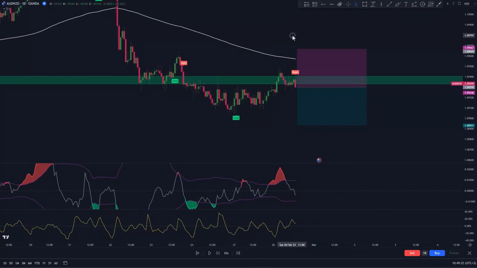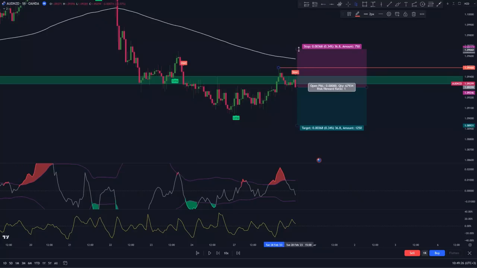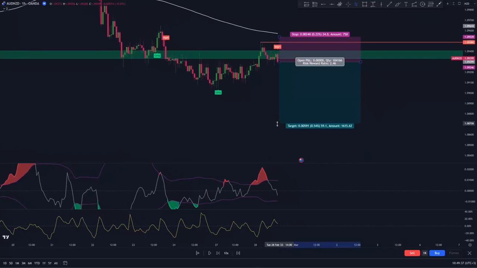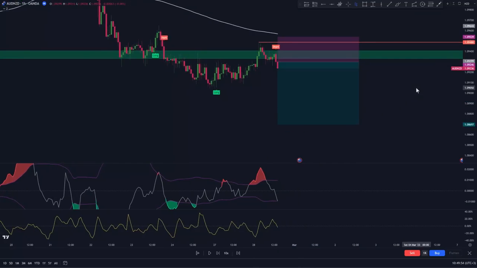trade here. The stop loss is going to be set above the most recent swing high, and for the take profit, we're going to set it at 2.5 times the risk. We let the trade run